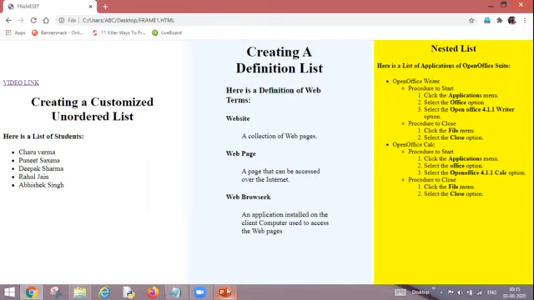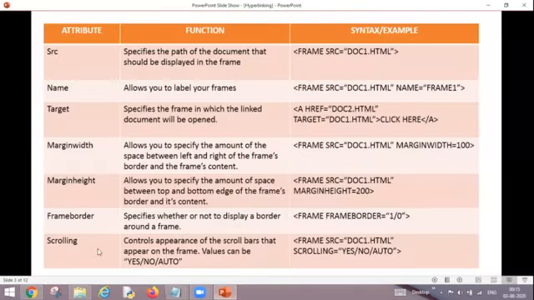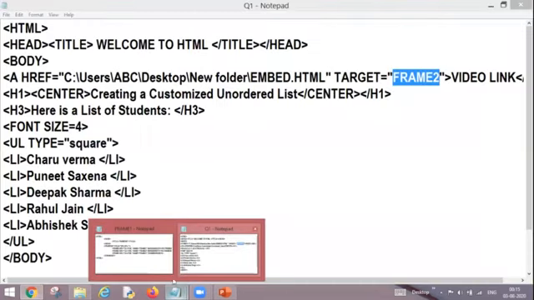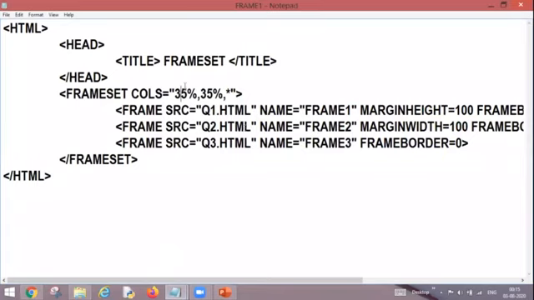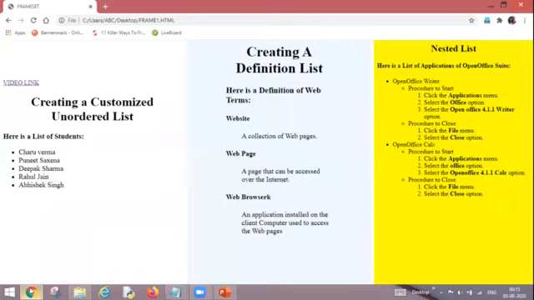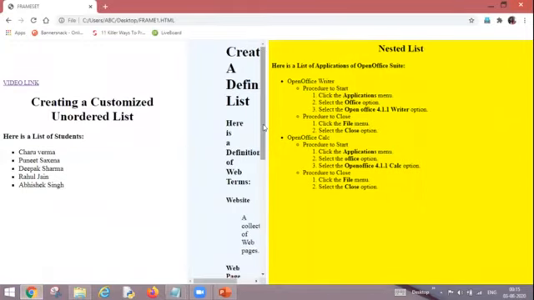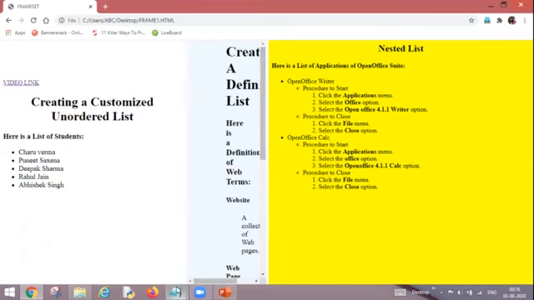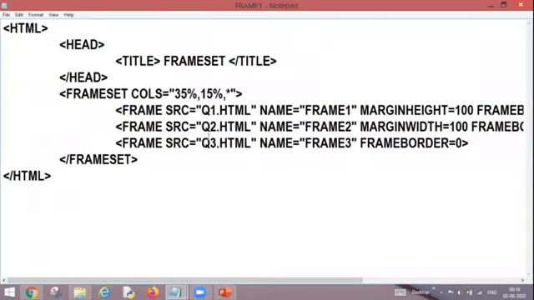Now, I'm going to discuss the scrolling feature. So what is the scrolling feature? There are always two types of scroll bars, vertical and horizontal. So let me show you the web page. This is my web page, which is divided into 3 parts. So I'm going to make a change over there. I'm going to reduce the size of my second frame. So Control S, come back, F5 key. And now as you can see, after reducing the width of the frame, vertical and horizontal scroll bars appeared automatically. So now I'm going to tell you how I can make these scroll bars disappear.